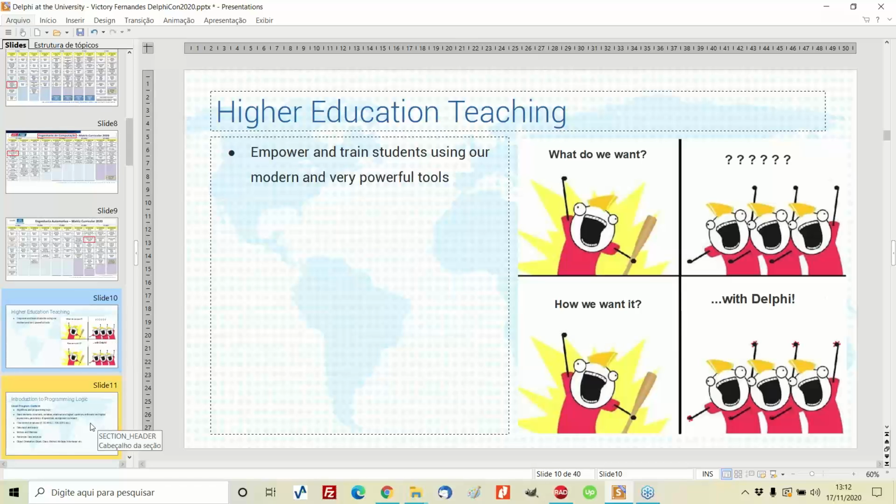When we go into engineering courses, it's very common to have very strong resistance from the professors to using Delphi, and it's much easier to get in if we talk about C++, mainly because all the embedded devices work with C. It's much easier to teach C++ to the students at the very beginning, and then in disciplines like microcontrollers, which they will face in semester 7 or 8 of the course, they already know C, so it's much easier.